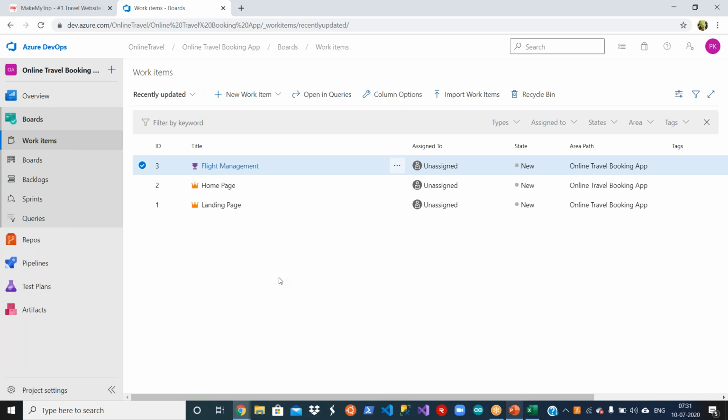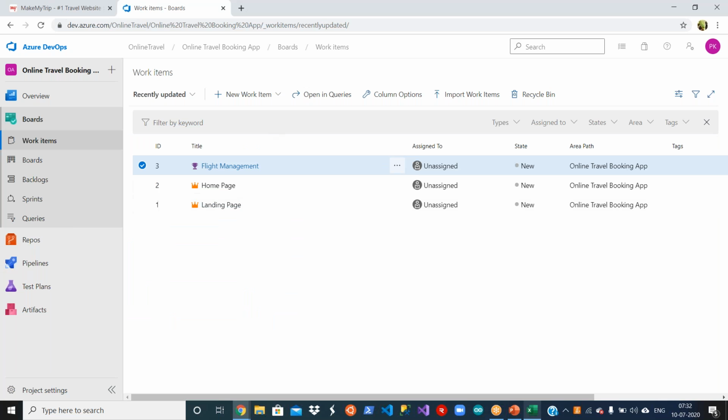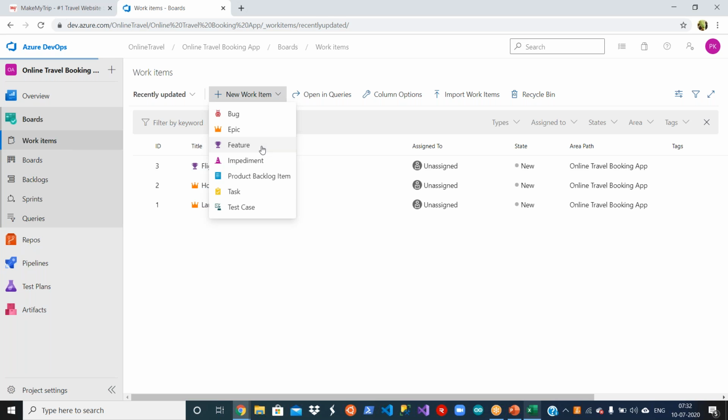Now in this view, it will not show you that hierarchy. There is another view, we can see it. Okay. Now let's go and add the other two features as well, hotel management and cab management. Now this time, you will have the new work item option from multiple places. You can add it from anywhere. So now what I do, let's do it from here itself, feature,